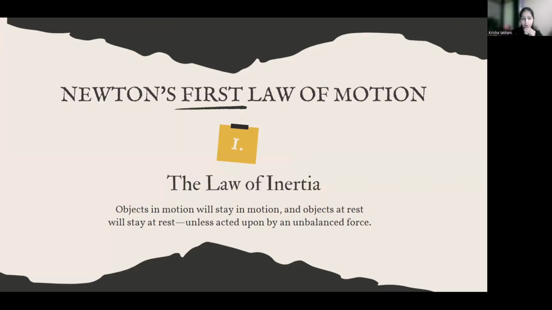Newton's first law of motion, the law of inertia. Object in motion will stay in motion, and object at rest will stay at rest until acted upon by an unbalanced force. What do you mean by unbalanced force? मतलब एक साइड से पुश हो रहा है या पुल हो रहा है, कोई भी जगह से, सिर्फ एक ही साइड से, नॉट द अदर साइड. इफ अदर साइड से होता तो इट इज बैलेंस्ड, बट एक ही साइड से हो रहा है, दैट इज वाई इट इज कॉल्ड एज अनबैलेंस्ड फोर्स.